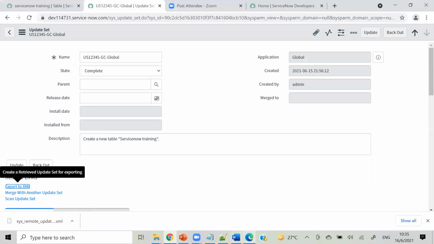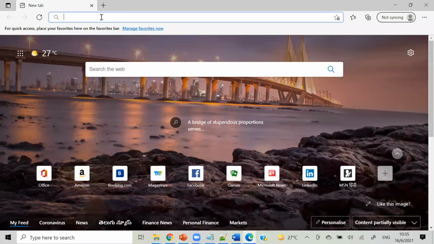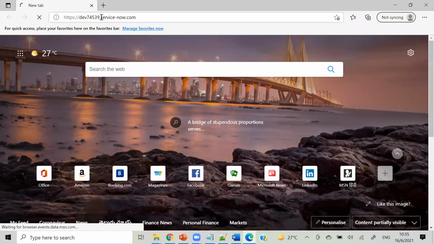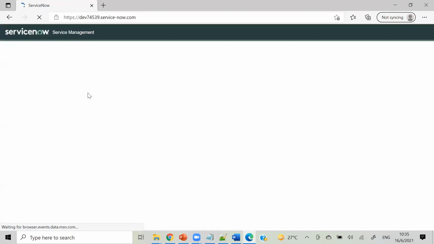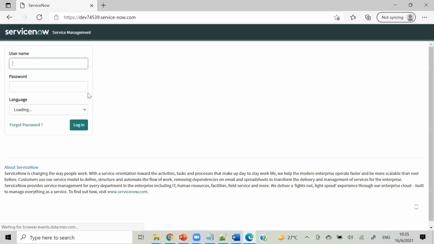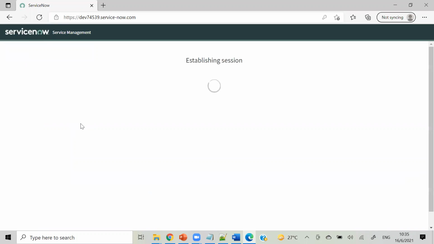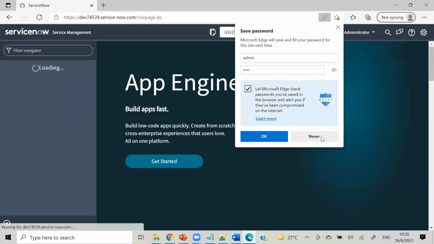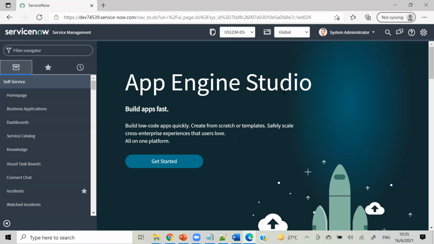I am going to this Edge, then giving this URL, and the ID Sharath, password is 1234, right? Yes, Gautam. 1, 2, 3, 4. Okay. So I am logging in here. So this is Sharath's instance. And this is his update set. I think he has created it by himself.